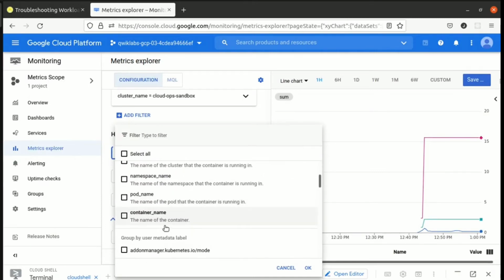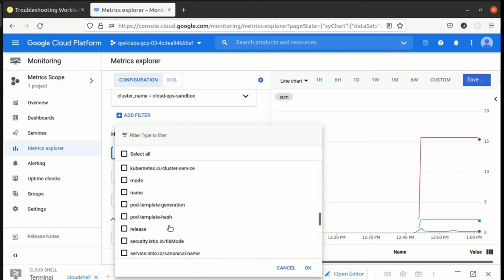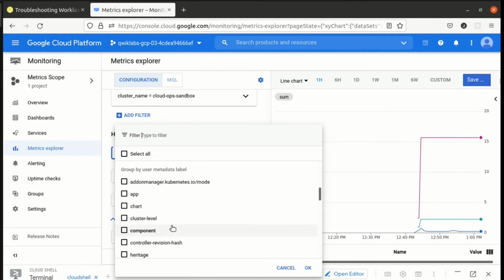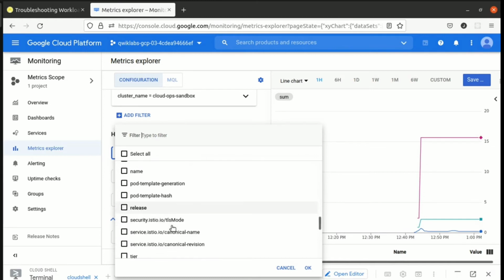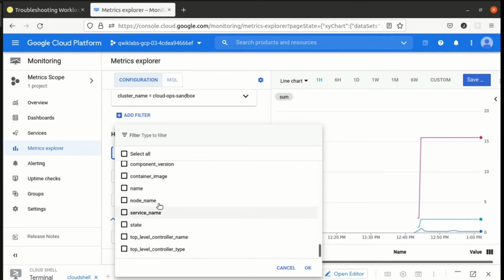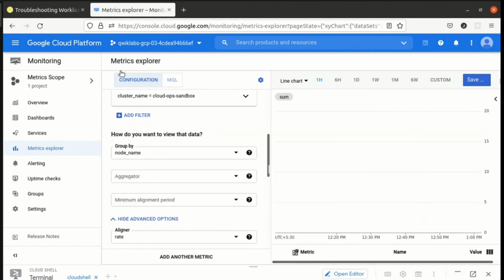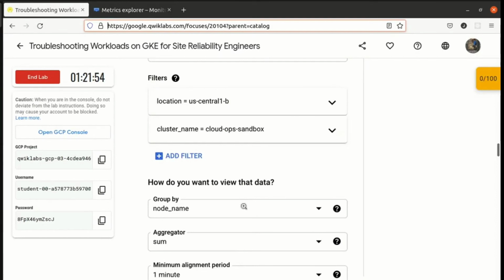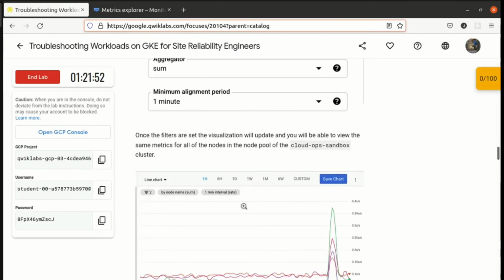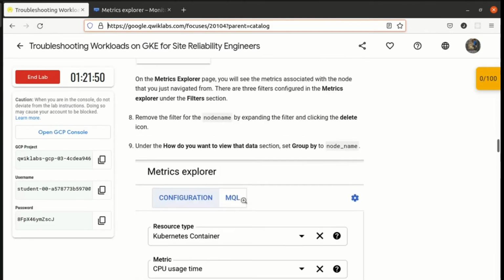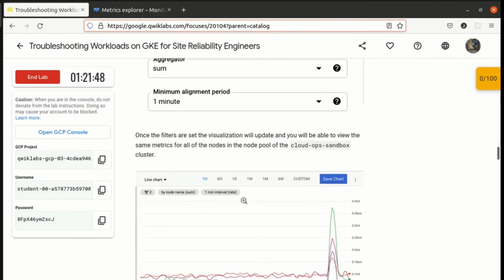Let's select the node name. Where is it? It will be somewhere here only. Node name. Okay, I selected it. After that, let's get into our task.